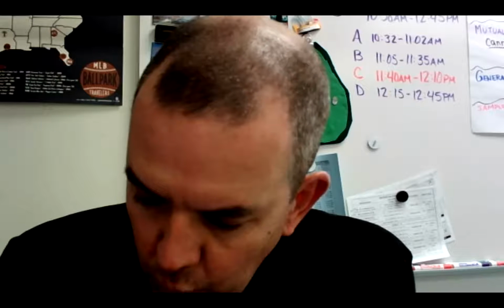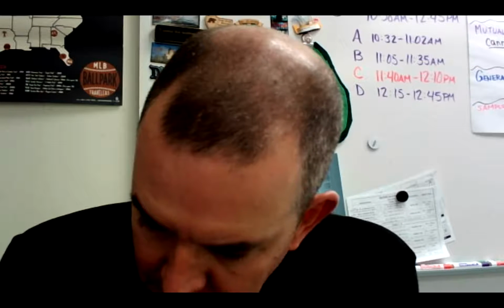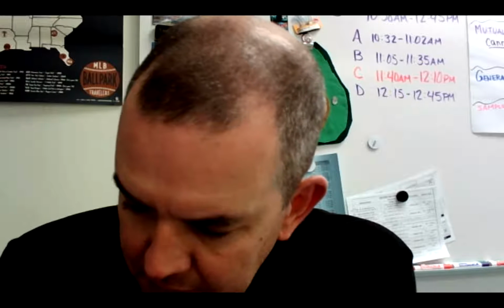Okay, so what we want to do is very similar to the way we selected a sample. We're going to assign numbers to the simulation process. So what I'm going to do is assign the number 1 to bankrupt. And I'm going to then assign the numbers 2 through 9 to not bankrupt.